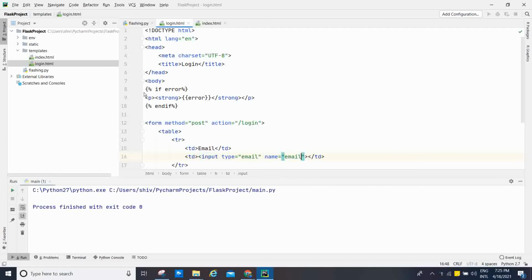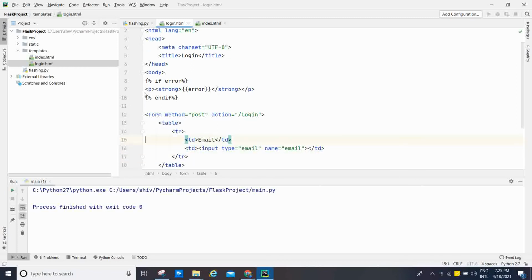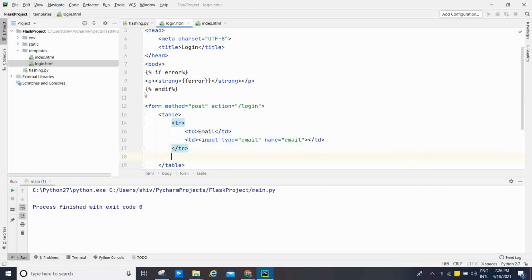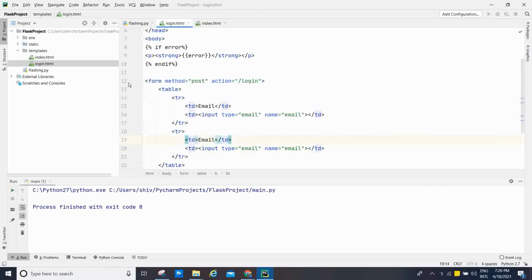Okay, and after that we are going to create a password. Now copy this tr, paste, and now I'm going to change here password.